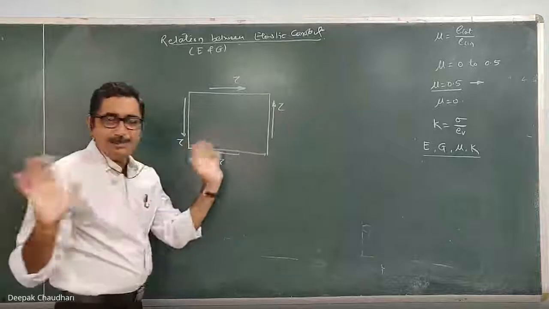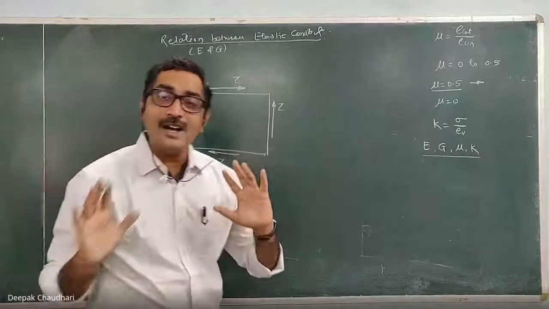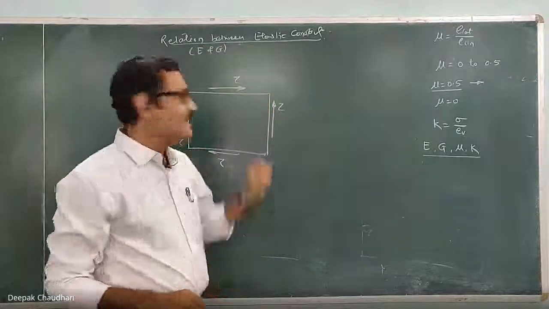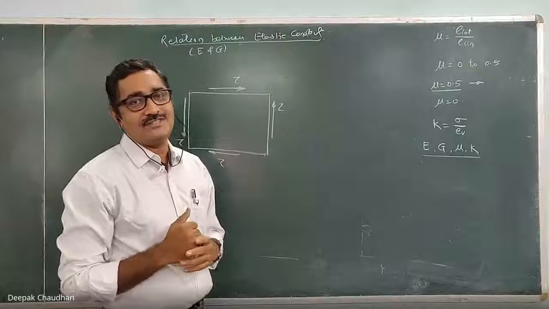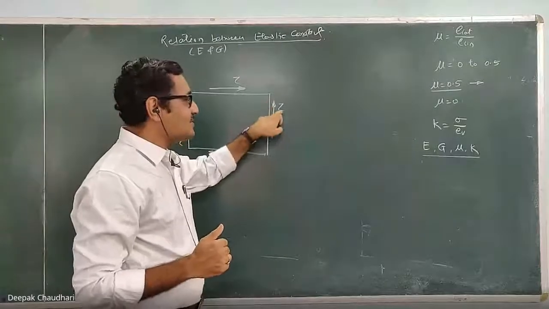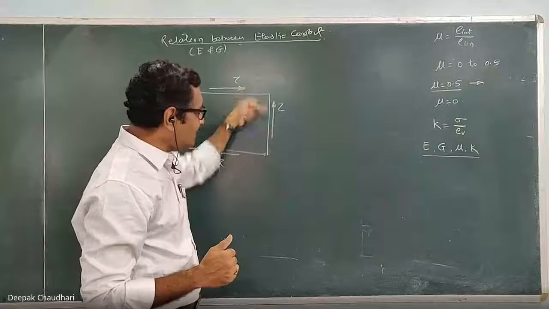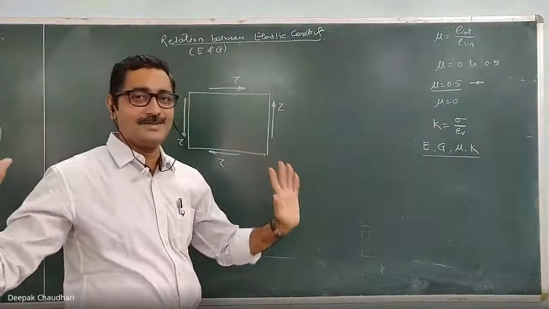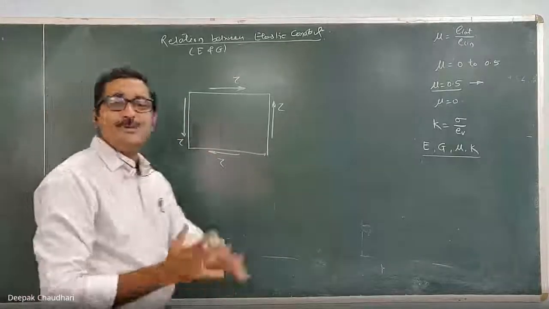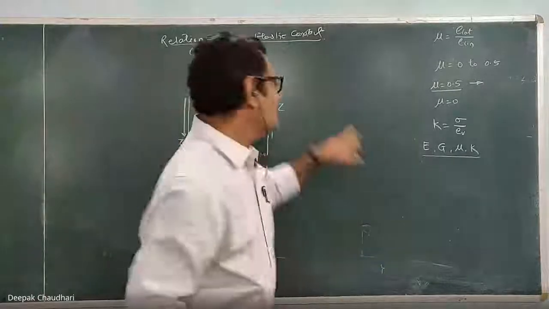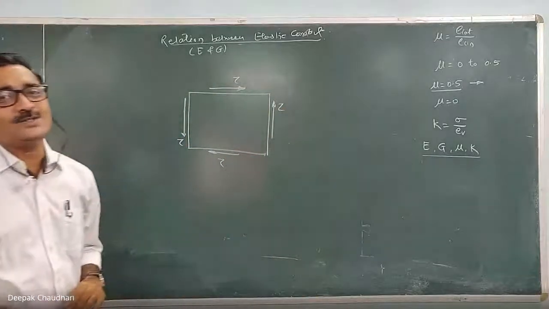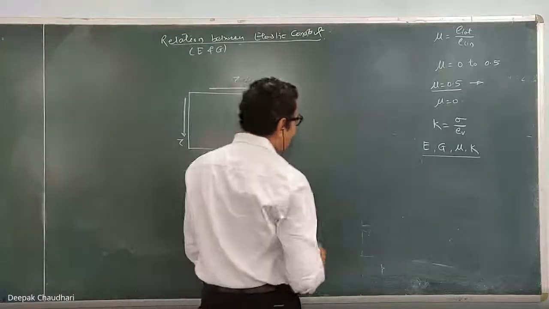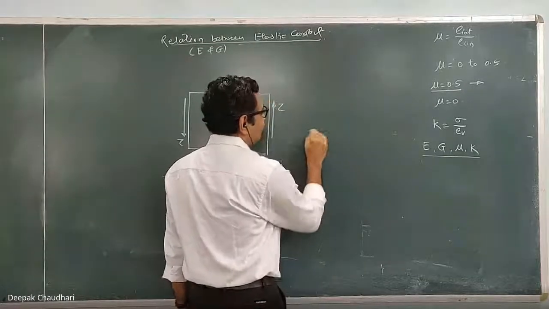These are not the shear stresses induced because of the applied force. This is the shear stress induced because of the applied force, and this is known as the complementary shear. These are the induced shear stresses on the plane which is perpendicular to this plane. To hold it in equilibrium, to resist the angular deformation, this shear stress is induced here, which is known as a complementary shear stress. Clear?